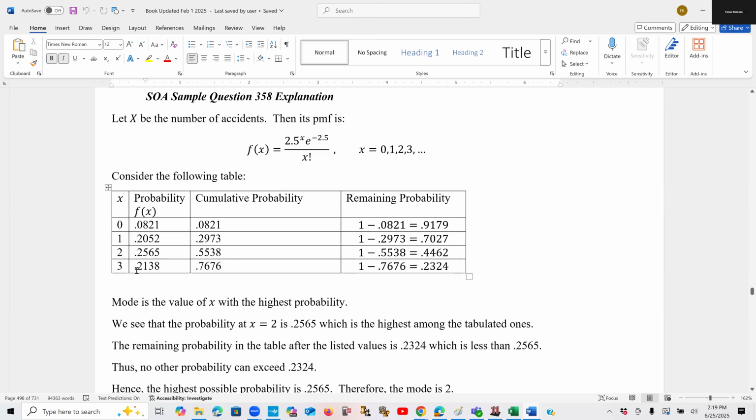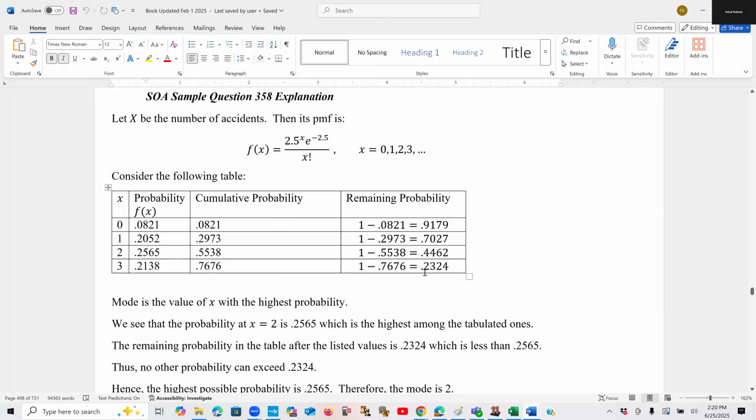So when x equals 3, the probability is 0.2138, and so the cumulative probability at this point is the sum of the 0, 1, 2, and 3 probabilities, 0.7676. So the leftover probability at this point is 1 minus 0.7676, which is